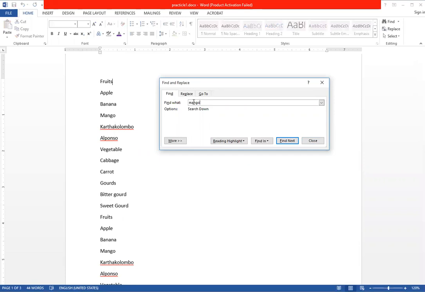Will they check if the letters are uppercase or lowercase? Yeah, it doesn't matter. They don't mind about the cases. They just go through the letters. And if I say, let's say,